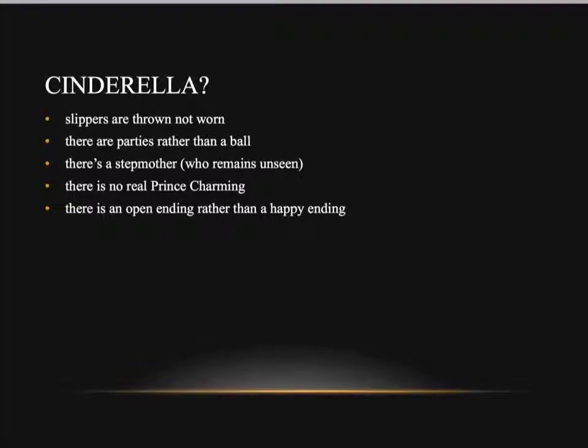As I say, there is a lead character who you could consider to be Prince Charming, though he's not exactly terribly charming. And the most interesting point is there's an open end to the play rather than the typical happy ending, although later on Shaw did write an ending to his play to satisfy all the people who complained that it didn't have a happy ending. Whether or not you think the new ending is a happy ending is also debatable, but I certainly recommend that everybody reads the extra bit that Shaw added on at the end.